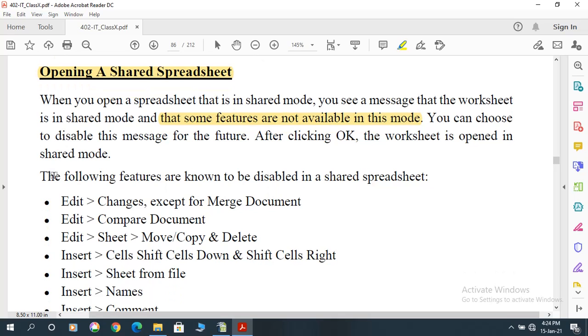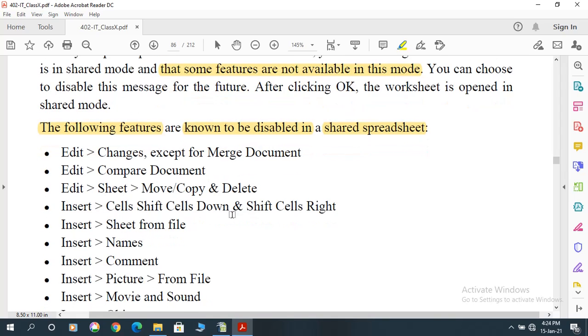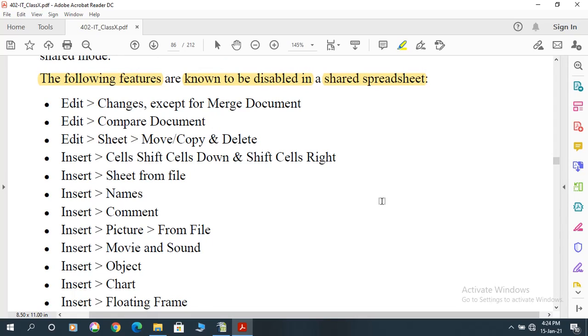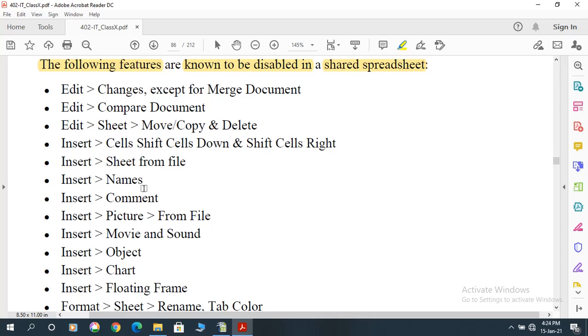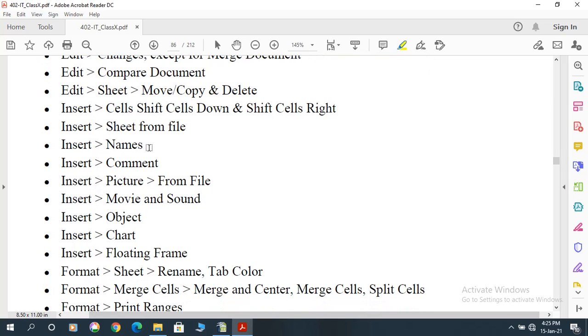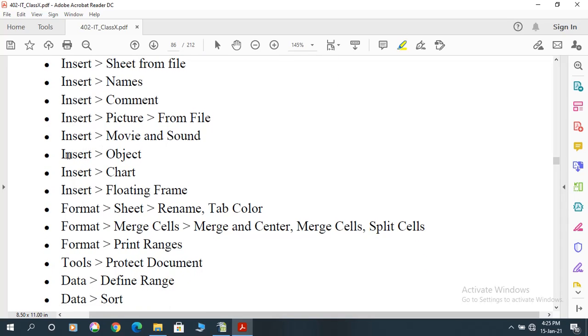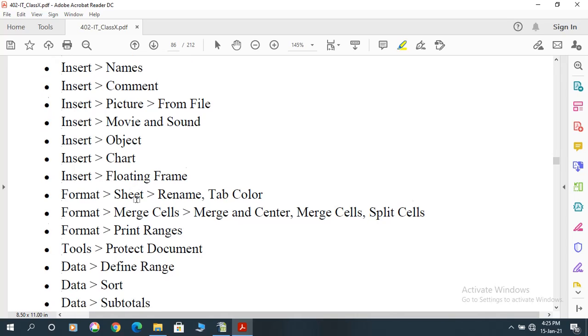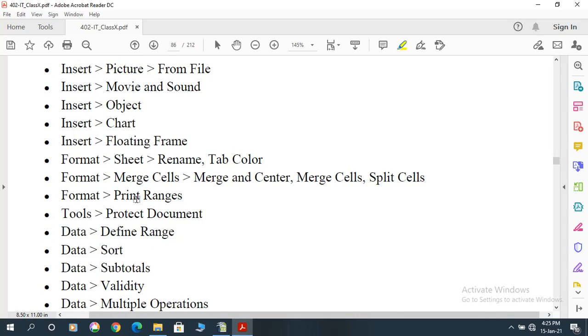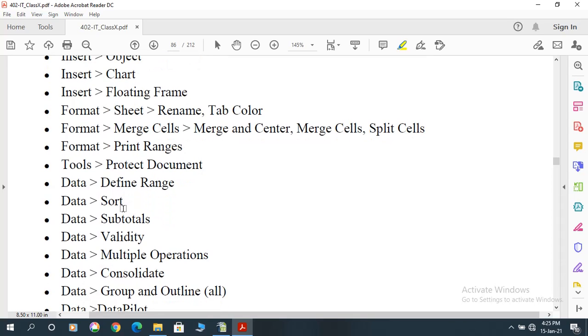So here are the features which are known to be disabled in a shared spreadsheet: the edit changes option is disabled, only accepting is allowed; merge document, compare document, edit sheet, insert cell, shift down, shift right, insert sheet from file, insert name, insert comment, insert picture, insert movie and sound, insert object, insert chart, insert floating frame, format sheet, rename, format merge cell, format print ranges, protect document in tools,